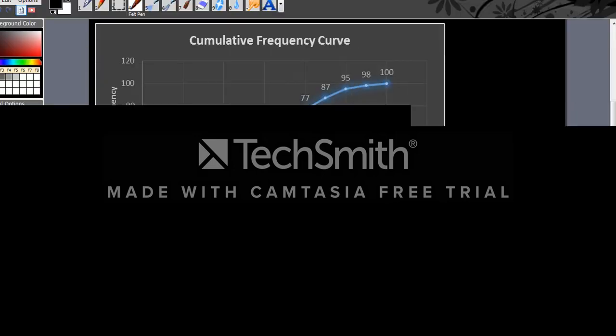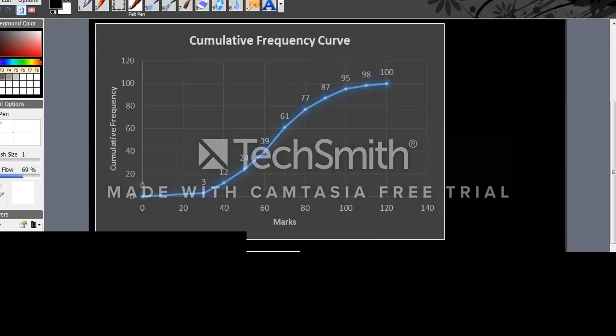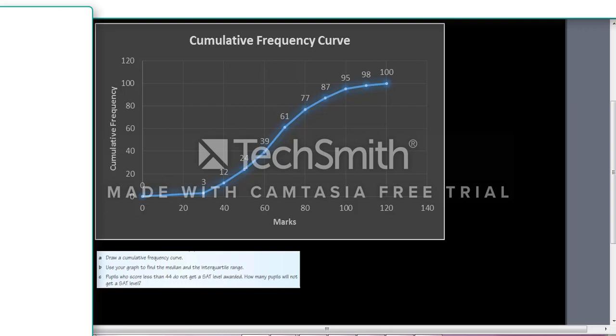Here the cumulative frequency is always plotted on the y-axis, and the x-axis is meant for the data item, which in this case happens to be marks. We have a total of 100 students, so that is the reason why our highest value on the y-axis goes on to 100, and the marks are actually plotted on the x-axis. Okay, so let's start with the first part, wherein we need to find out the median for the given data. So in order to find out the median,